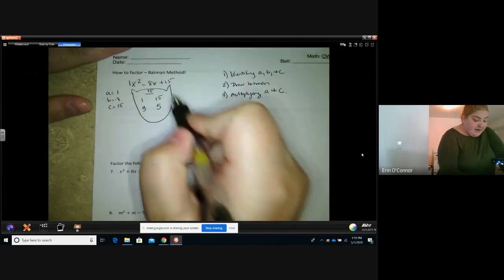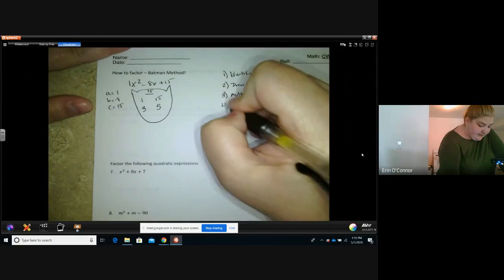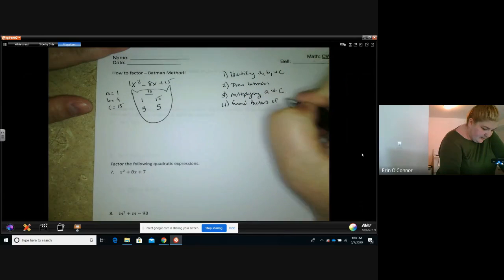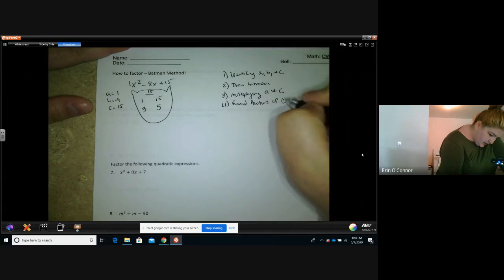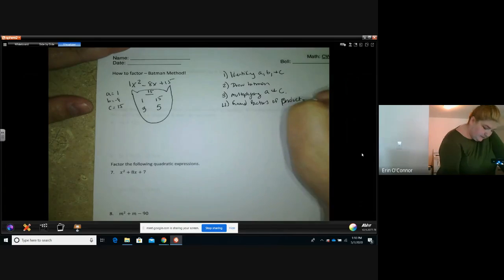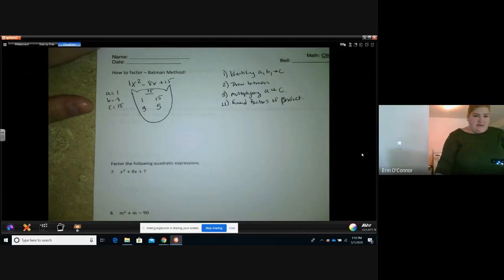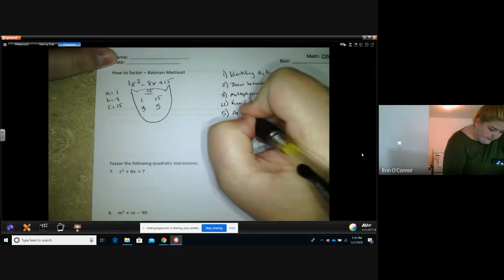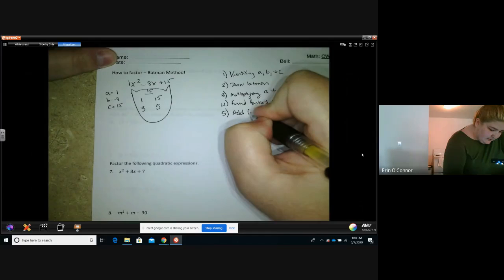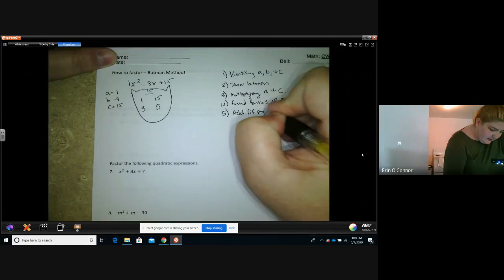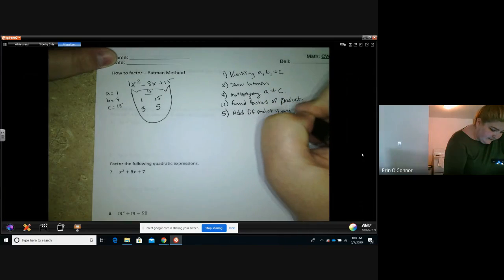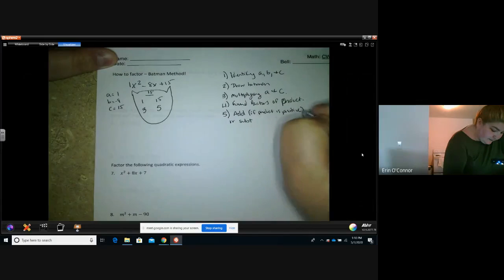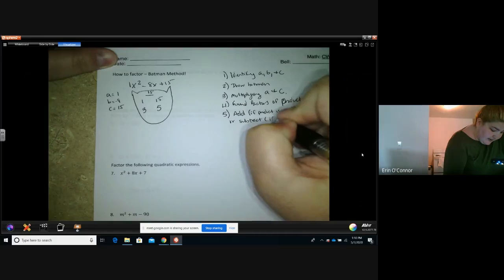Now, since this is a positive 15, if we found factors of a product that's 15, that product, now we need to find what's going to add if the product is positive or subtract if negative